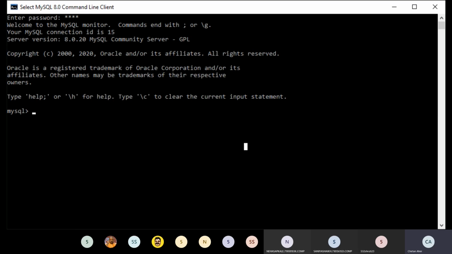As you know, we have created a database T2. I am going to use that database. Let me create a table for that. Create table employee. Fields: employee ID could be a field, of integer or numeric data type. Employee name can be there, and name could be a varchar.